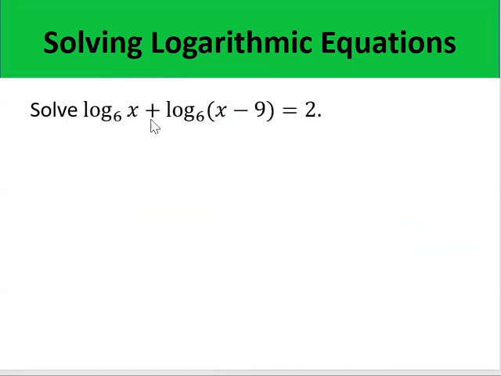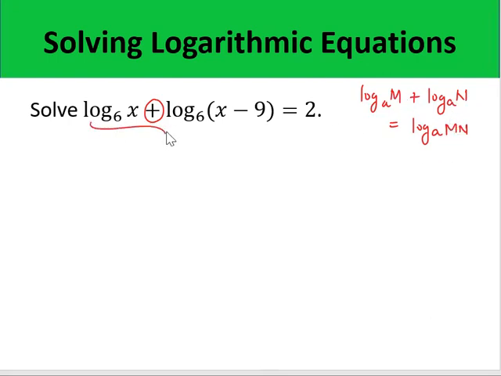Okay, next. This time we have the logarithm of x to the base 6 plus the logarithm of x minus 9 to the base 6 is equal to positive 2. If you observe, in the left side, we have the sum of two logarithms. So we can combine this as a single logarithm using the property stated earlier that whenever we have the logarithm of m to the base a plus the logarithm of n to the base a, then we can combine them